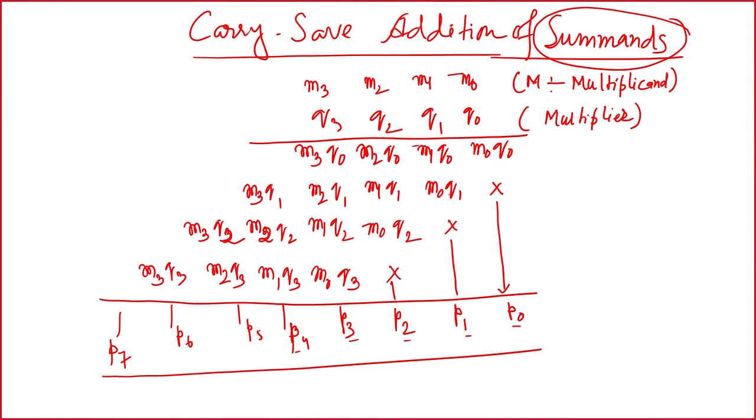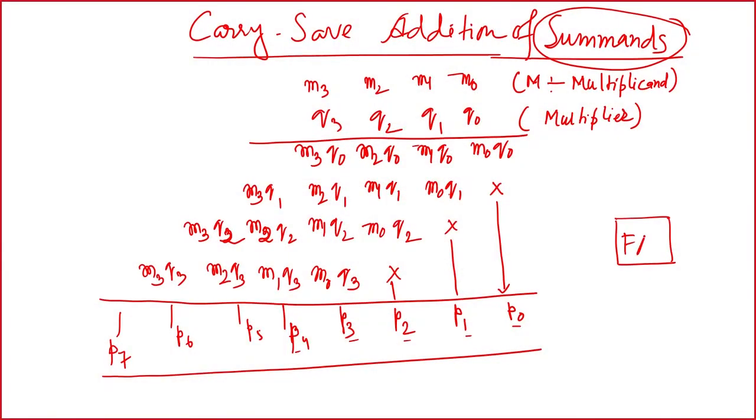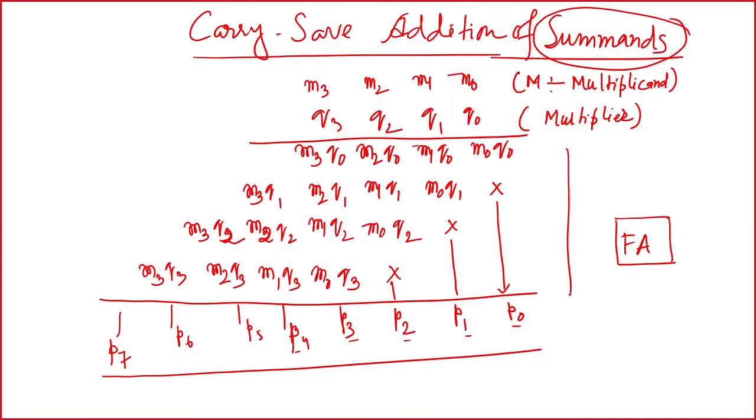So, this entire thing can be done using a simple full adder. Let us say we are not using any other complex techniques, because we cannot use the carry look ahead adder here; we will use it later on. We will use a simple full adder, where the carry will take 2 gate delays. Now, we will design a circuit for doing this entire operation. So, I need to remember this entire part, and then we need to draw the circuit in the next slide.